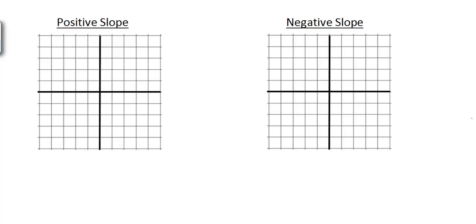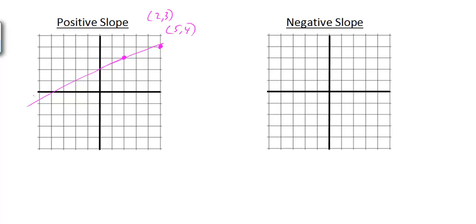All right, now here I want to look at 2 different parts of slope. We have what's called a positive slope and a negative slope, and that's going to tell us the direction that your line is going. So for example, if we start here and we have, let's say, the points 2, 3, and 5, 4. If I plot the points over 2 and up 1, 2, 3, and then if we go over 5 and up 4, so 1, 2, 3, 4, 5, 1, 2, 3, 4. And if I draw a line through here,